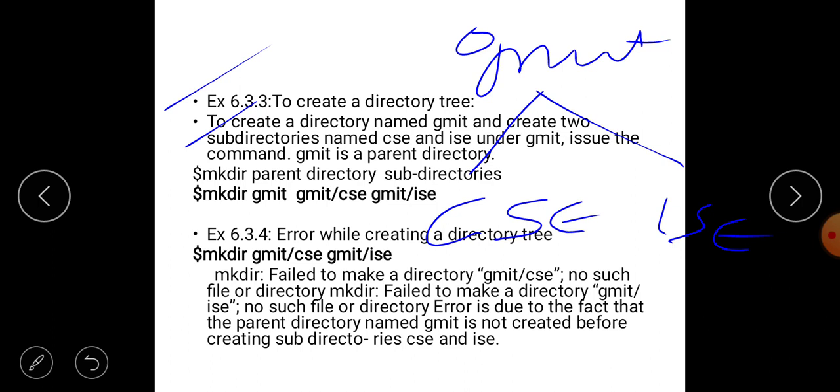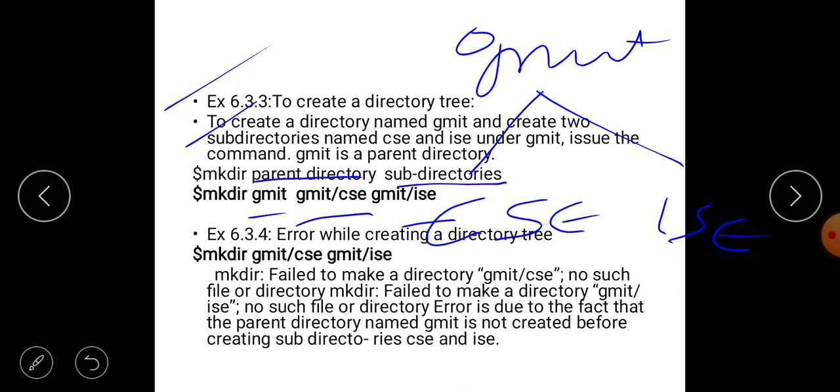Issue the command: gmit is the parent directory, mkdir parent directory and subdirectories. gmit/csc and gmit/isc are subdirectories, gmit is the parent directory.